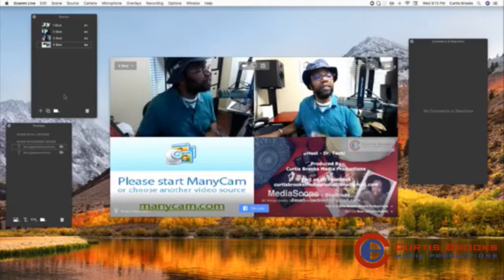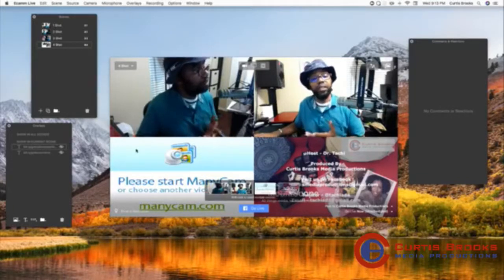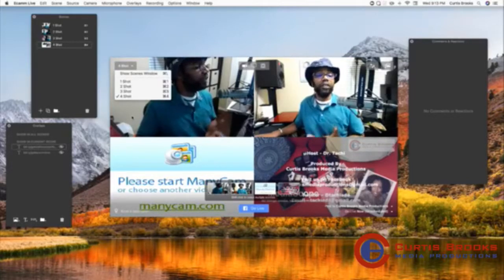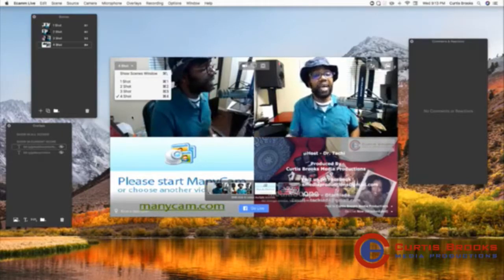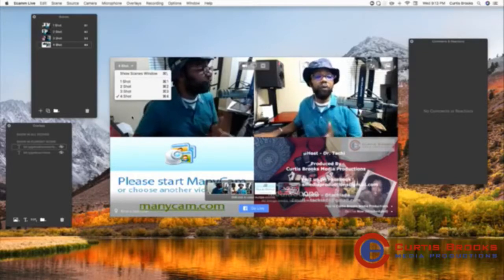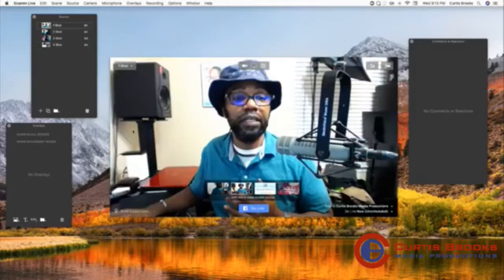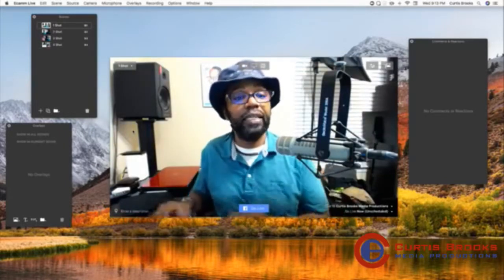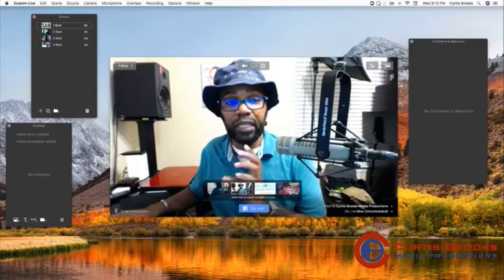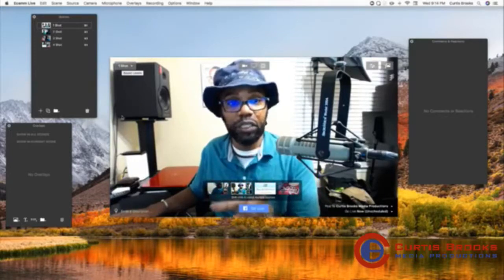But nevertheless, getting back to our demonstration here, I've named all the shots here. Okay, again, double click to name your shots. And then they're going to be shortcut keys. So right now you see the 4-shot. This is another thing you can do. Again, your viewers will not see this. So if you want to change to the 4-shot scene, or if you want to change to the 1-shot scene, you can click on here and you're back to the 1-shot. Again, that's right in your upper left-hand corner of the screen that you're looking at.